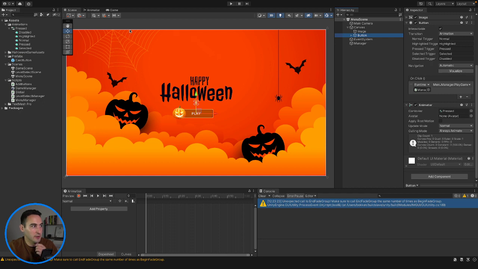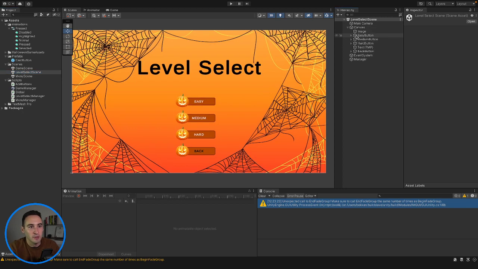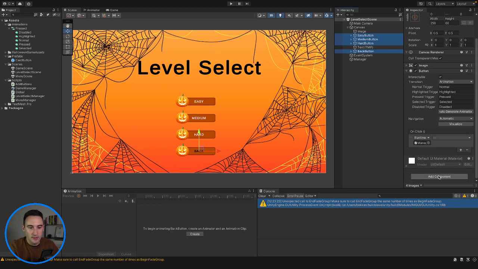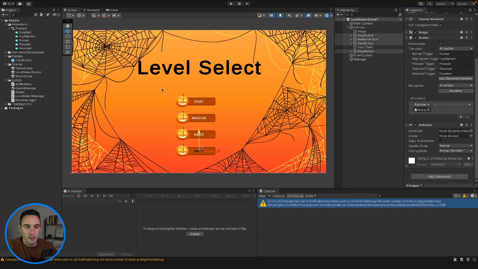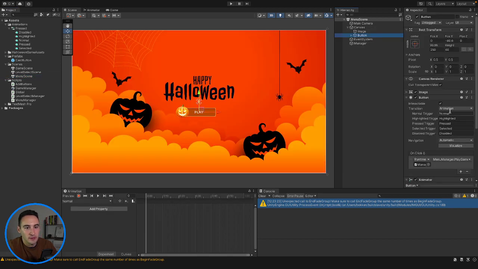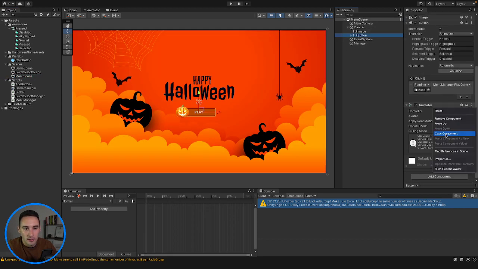Okay, so we've got our animator there. So let's go and add in our animator onto all of these buttons. So easy, medium, hard and back. Let us add in an animator, and then on there we want to go back to our menu scene,